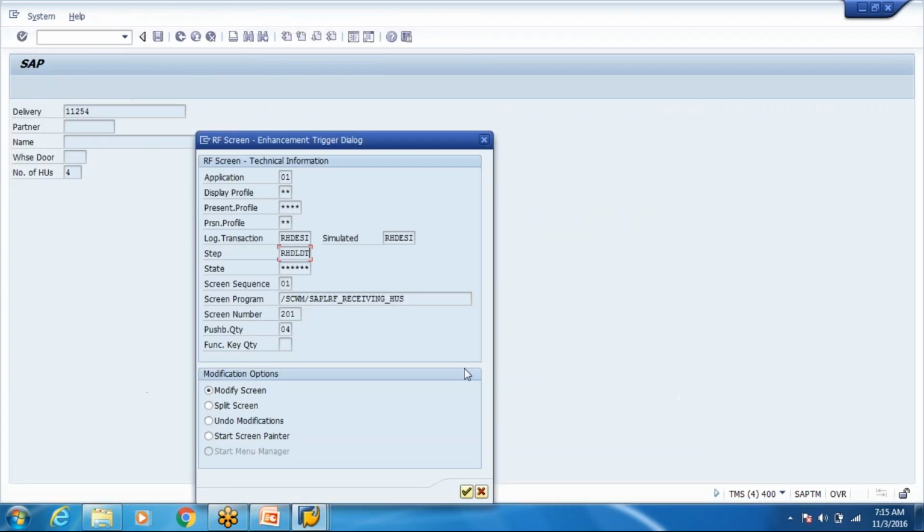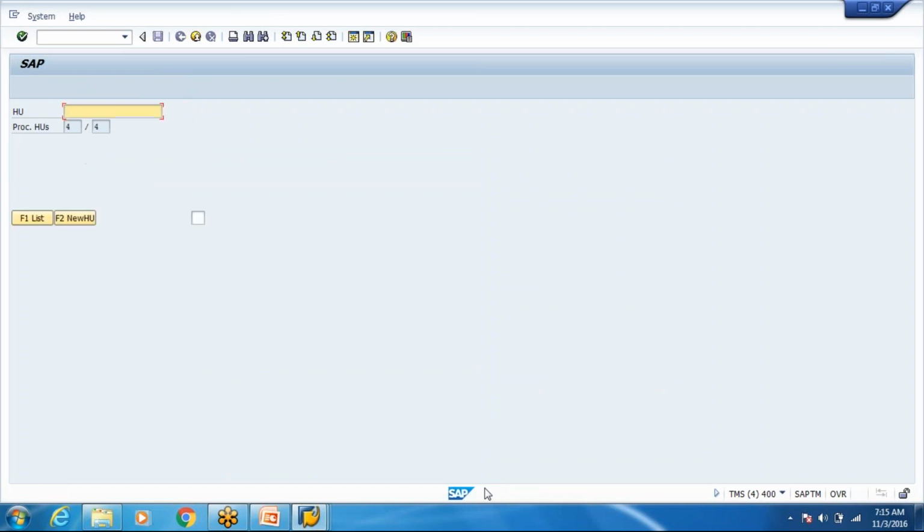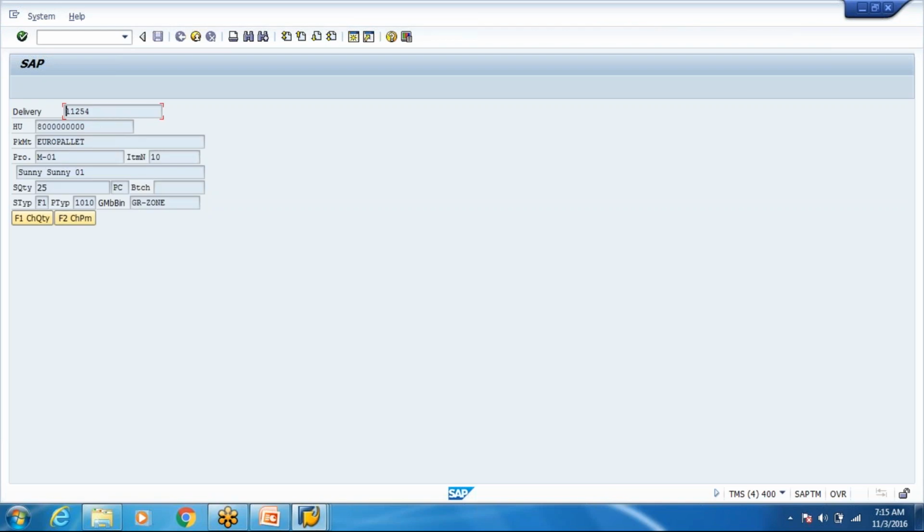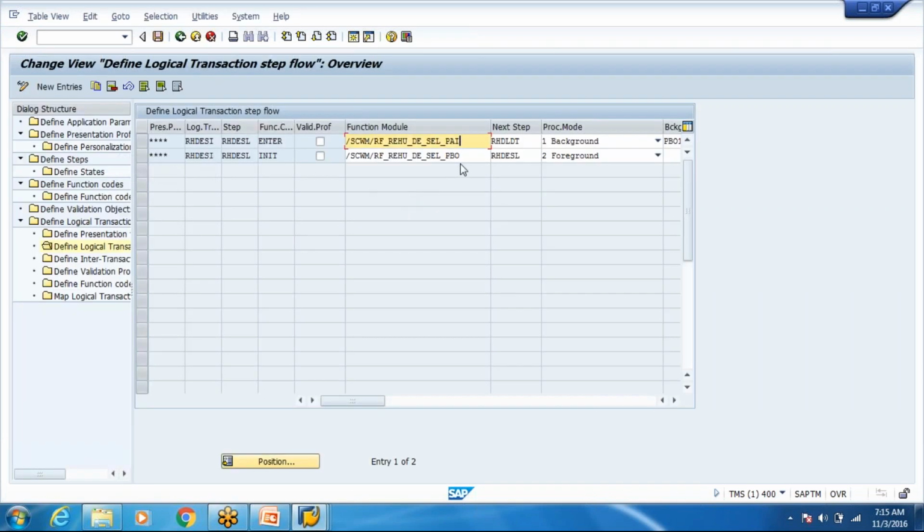What I'm saying is the standard function module, standard coding, is all done. You don't need to change there, but sometimes let's say I want to change here. Let's say I put the handling unit here. I want to show some details over here, or on pressing enter, I want to do a GR directly or unloading directly. So I'll create a Z function module over here and write it down in this function module.